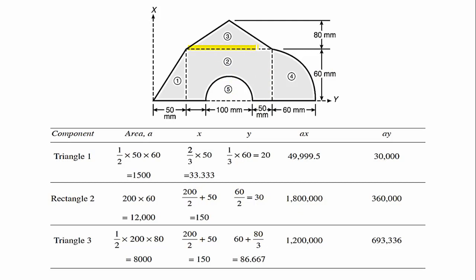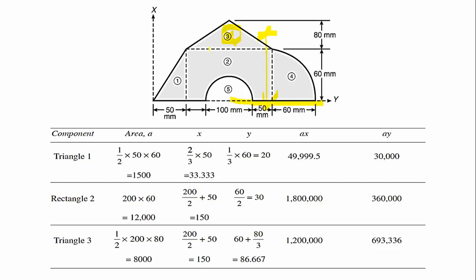Next we will take this triangle, third one triangle. As this figure is symmetric about this vertical line, y axis, we require this total distance now. This width is 200, so this will be 200 divided by 2. But this distance is also required, so therefore plus 50 we are going to add. This will be along x. Similarly along y we will try to calculate. Our reference axis is here. So from here till here this distance is required now.